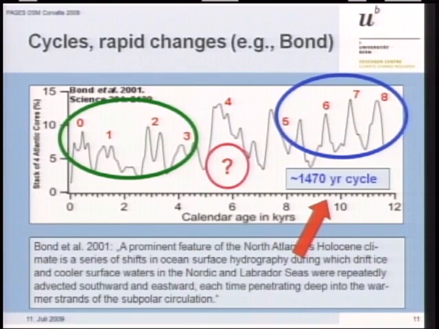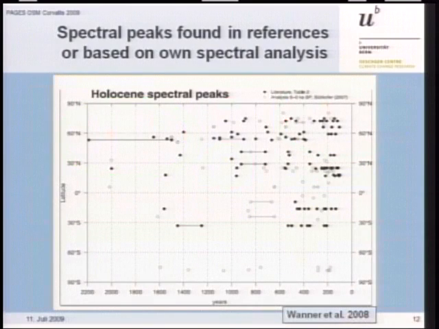The question is, what happened in between? We don't know enough, as I mentioned before, about Arctic sea ice, and I think the Arctic sea ice played a major role in between, when we had the transition from the strong insolation in summer in the northern hemisphere to the weak insolation in the present. What we did was just a screening of different papers, doing spectral analysis and looking at significant spectral peaks at the 90% level in different areas from south to north.